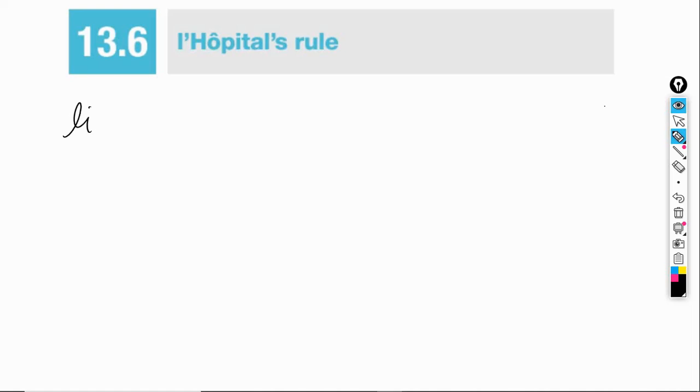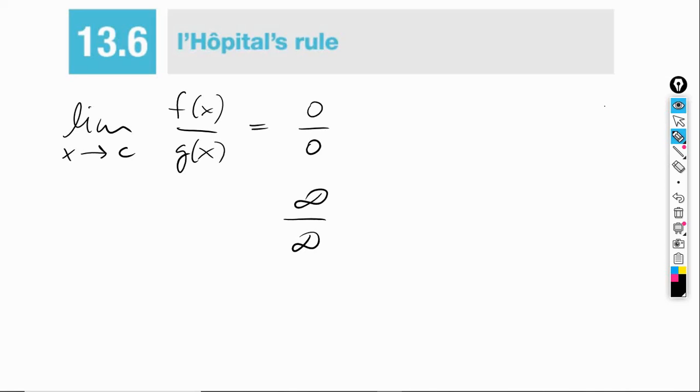If you're finding the limit as x approaches a value c of a rational function f of x over g of x, and after you plug in c, you get 0 over 0, or if you do the same and you get infinity over infinity, positive or negative infinity, then you can apply L'Hopital's rule,